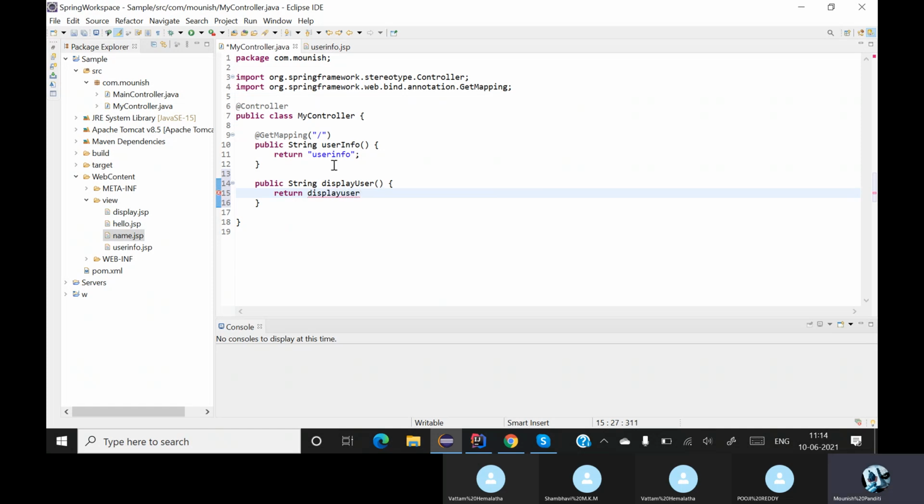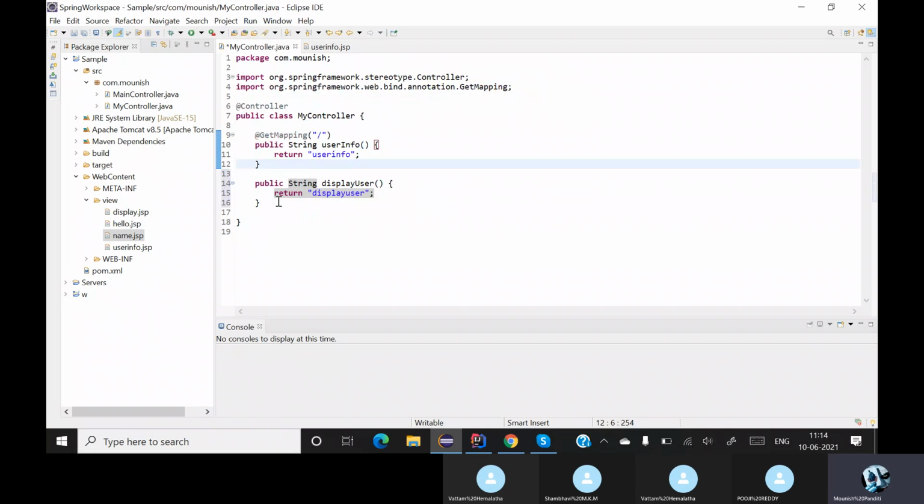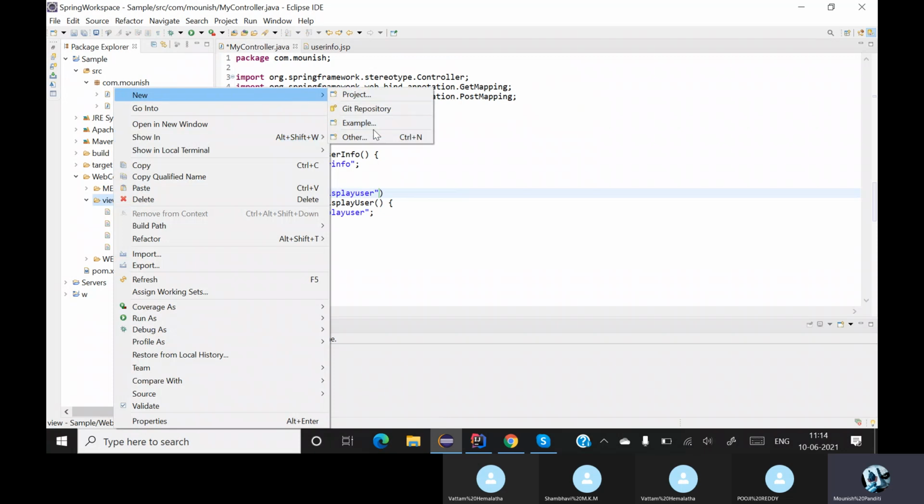It is returning displayUser. This should be inside the double quotation, so let me put a double quote and close. With this method, basically I'm getting the information, and for this method I am displaying the information. So for that kind of page, you will put it as post mapping. Post mapping, and you simply say it is displayUser,